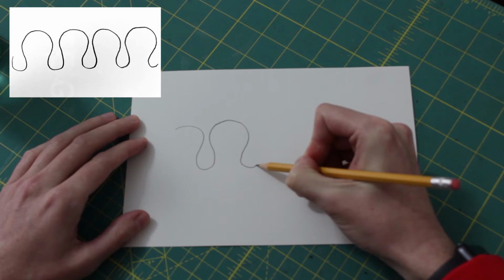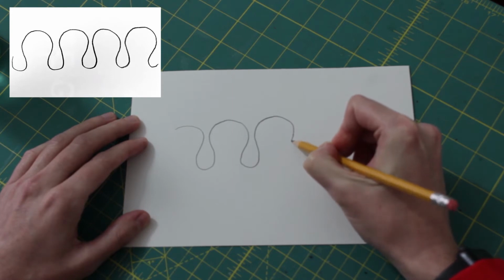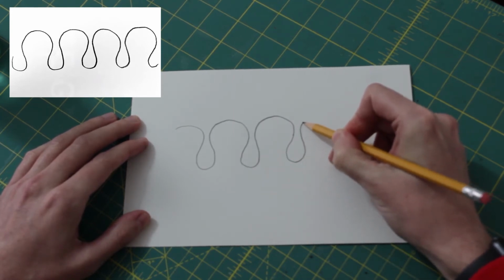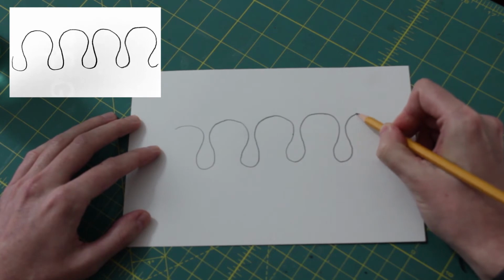And as you continue this arc, you're going to start to swoop back down and just make another raindrop shape. And you can make as many of these as you want to fill up your paper. But the main thing to remember during this first step, which is the trickiest step, it's going to get way easier after this, is that in kind of the neck